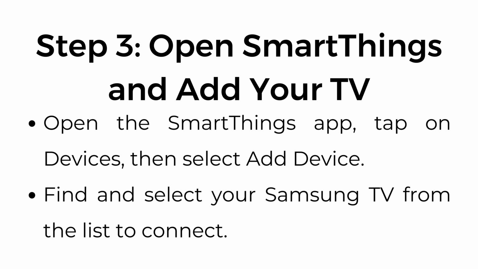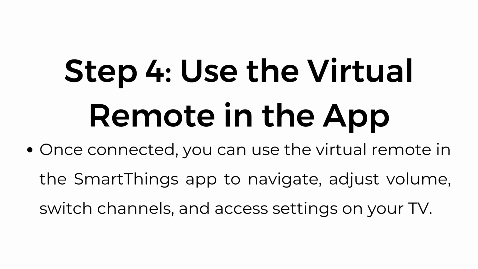Step number 3, open SmartThings and add your TV. Open the SmartThings app, tap on Devices, then select Add Device. Find and select your Samsung TV from the list to connect. Step number 4, use the virtual remote in the app. Once connected, you can use the virtual remote in the SmartThings app to navigate, adjust volume, switch channels, and access